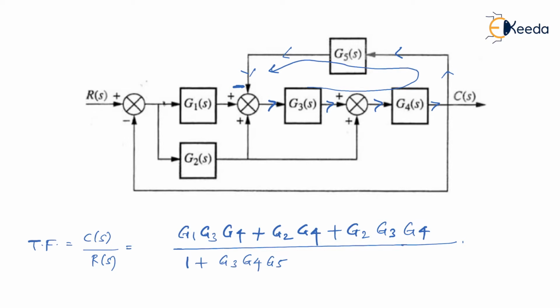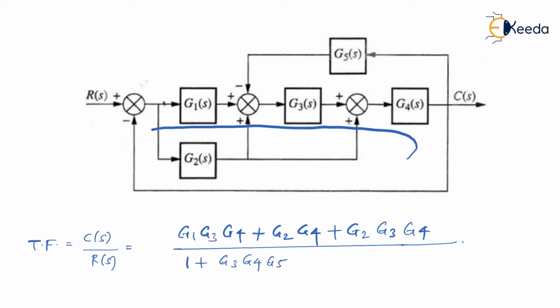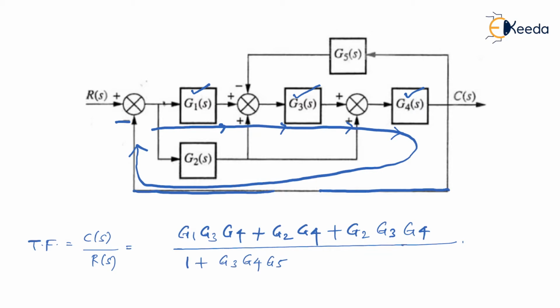Let us remove the marked lines. So if you look at this, the bigger loop can be taken as a feedback, again with negative feedback. So I'll go through like this, G1, G3, then G4. Don't forget we are moving like this. And then, as you can see, it is just a straight line, right? This is just a straight line. So whenever there is a straight line without any block, please remember it is a block having transfer function as 1. Is that right?